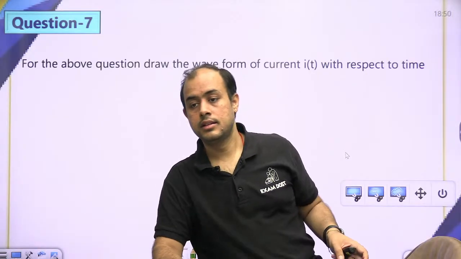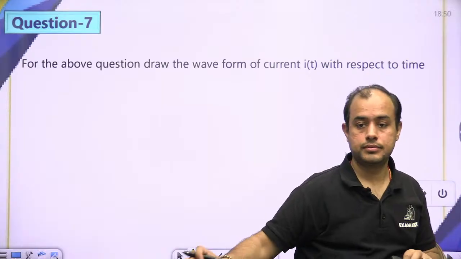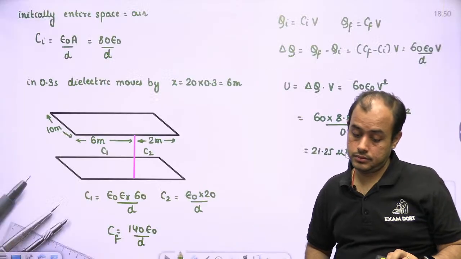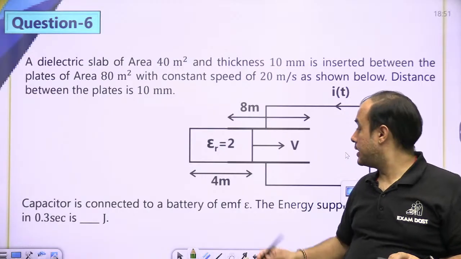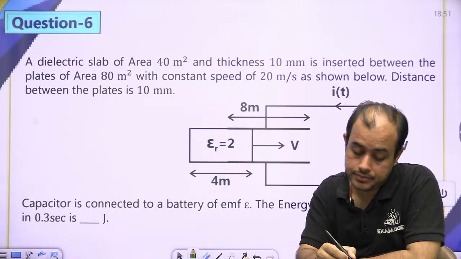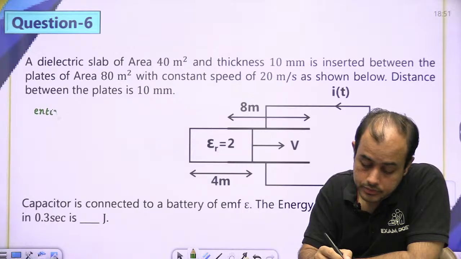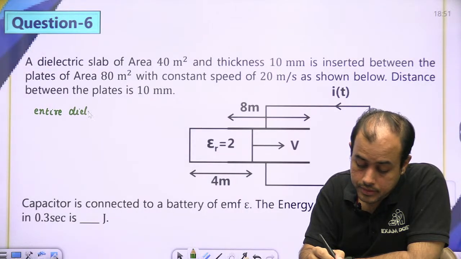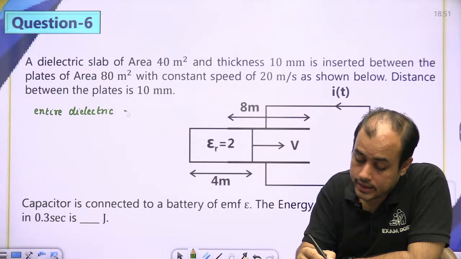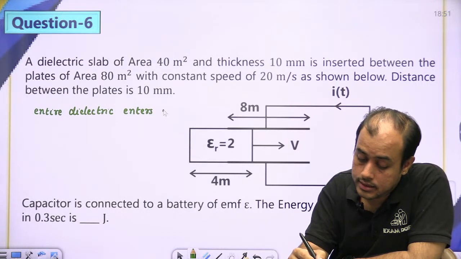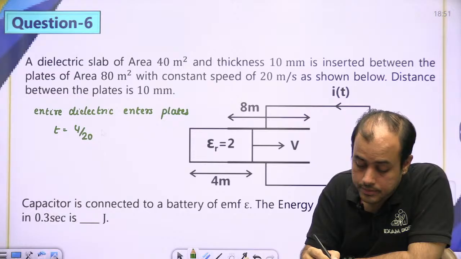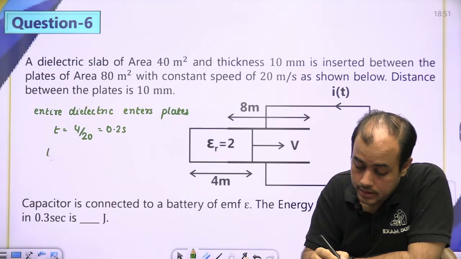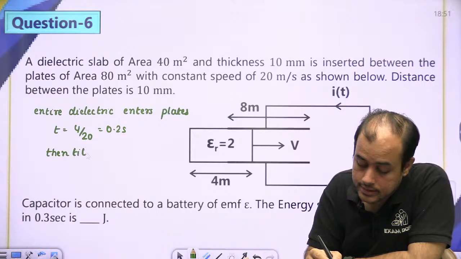ठीक है, एक सेकेंड. लेकिन ये डाइलेक्ट्रिक की लेंथ जो है 4 मीटर है ना. एक गलती हम लोग कर दिए. Entire dielectric enters the plates at t equal to 4/20, 0.2 seconds. Then till it exits